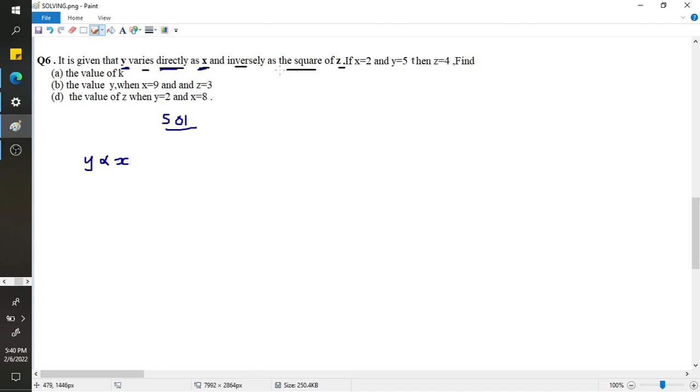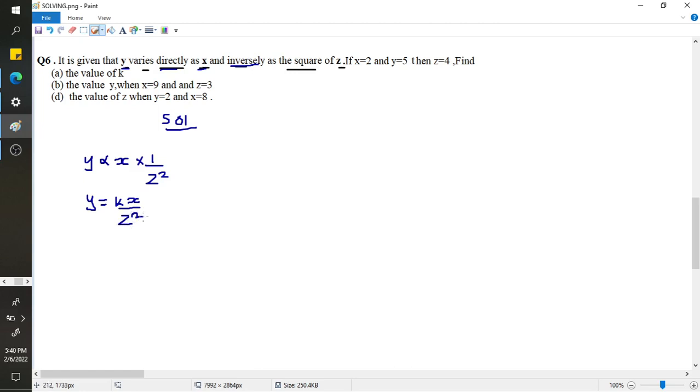Let's continue. And inversely as the square of z. So we have and inversely, so we multiply there as the square of z. So z is squared there. So we need to introduce k, which is the constant of variation, which will give us kx,